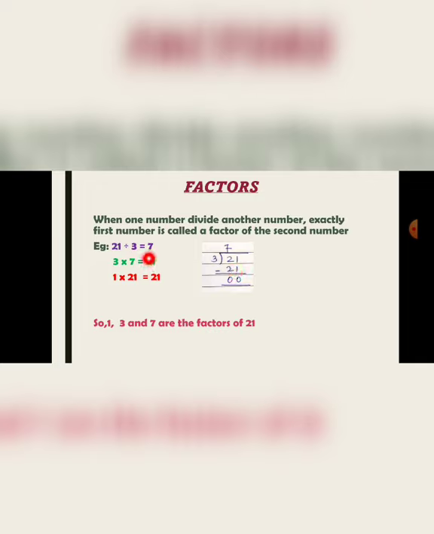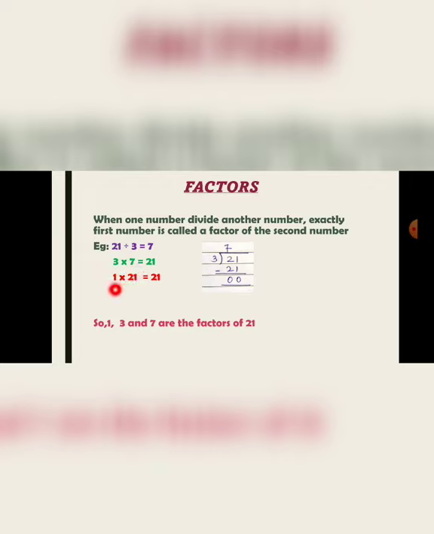Now in the 7 table also we get 21. That means 3 multiplied by 7 is equal to 21. That means 3 and 7 are the factors of 21. In simple language, you have to remember in which table the number 21 comes. That table number will be a factor of the given number. So I have written here some numbers in which the number 21 comes. Now in the 3 table it comes, 3 sevens are 21. In the 7 table also it comes. If I reverse it, 7 threes are 21.